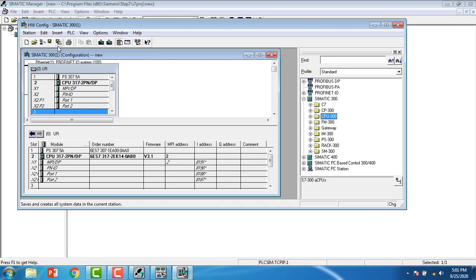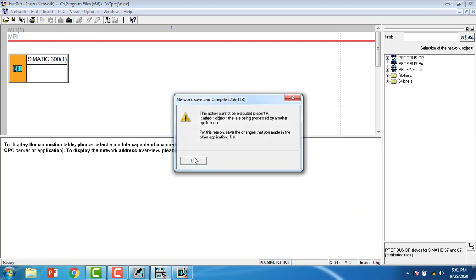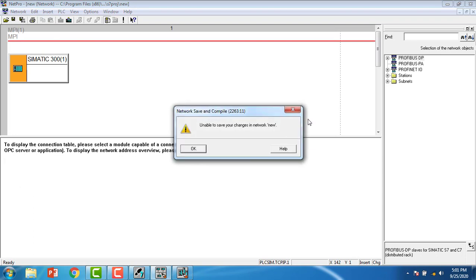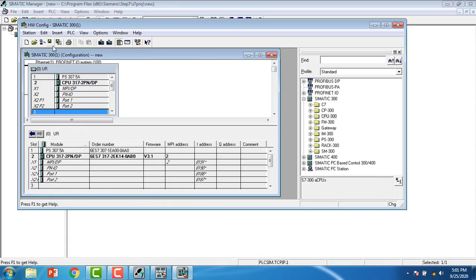I'm going to go to the network connection here, and save and compile. Just click save and compile. The network save and compile. This action cannot be executed presently. So click OK. Okay, minimize, and here I can see save and compile.